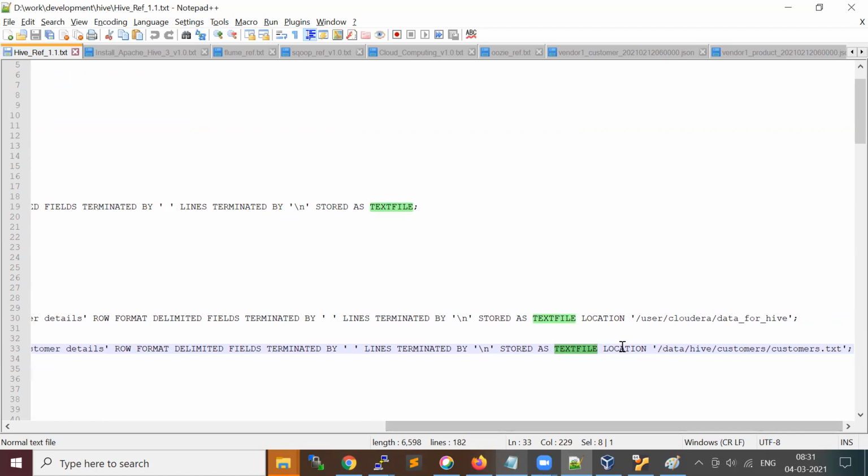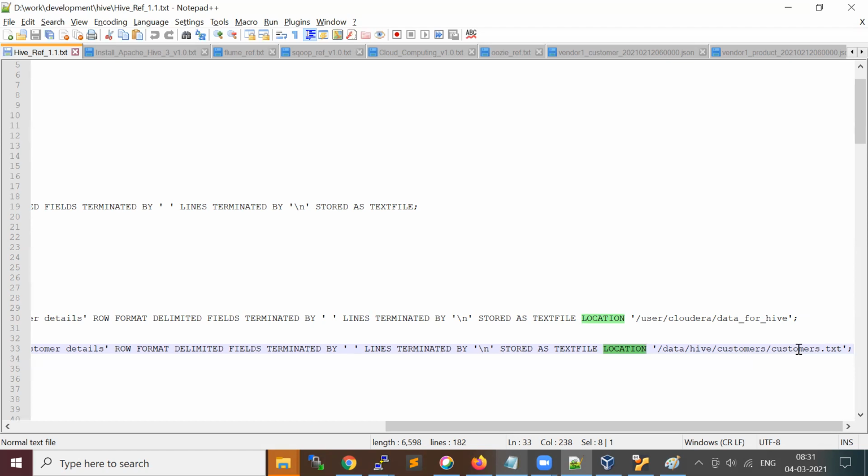Additionally, you will see one more keyword, location, where you provide where your file is located in HDFS. This is one way to create an external table and specify your file path, so that when you query the table, it fetches the records from this location. It will not use the warehouse directory to store this file.